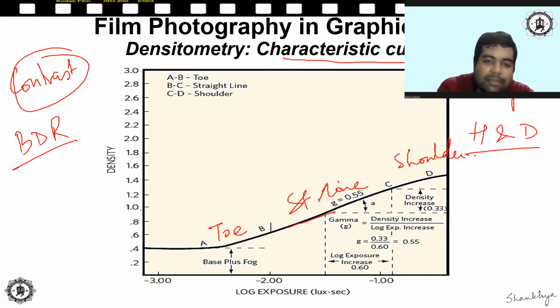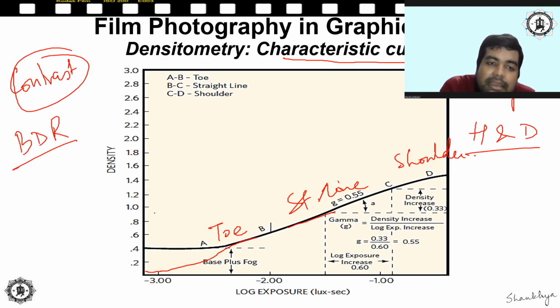Now let us take a look at some of the other things present over here. You see, the curve is not starting from 0 here. Why? Because I already explained to you what fogging is. You remember from the previous lecture. The film may start to get exposed automatically under storage also. Any extraneous light may come and hit the film and it will start to get exposed, right? Actinic light. Now this characteristic curve has to account for that fog level also.